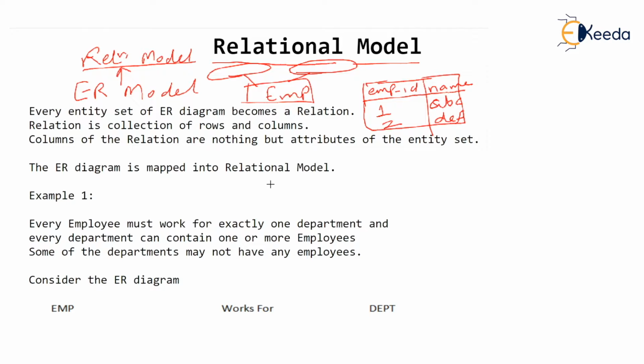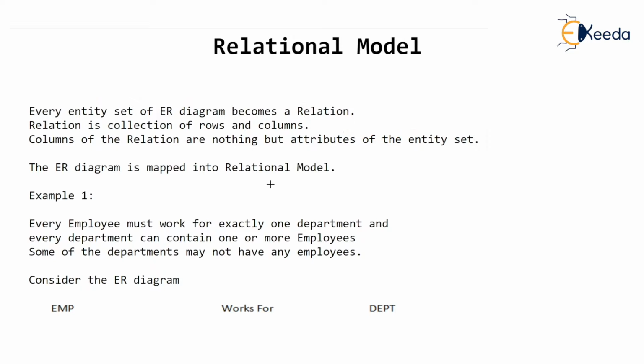So these tables resemble exactly our paper sheet on which we write data by making vertical lines and horizontal rows. Any register or paper, we maintain our data just like this, isn't it? By making vertical columns, writing headings of the columns, and then noting down the data in the form of rows. So this ER model is going to be converted into a relational model, and the relational model is nothing but creating tables. But there is more to it. It's not so straight. It's not so easy.